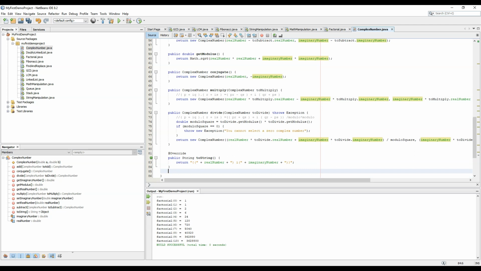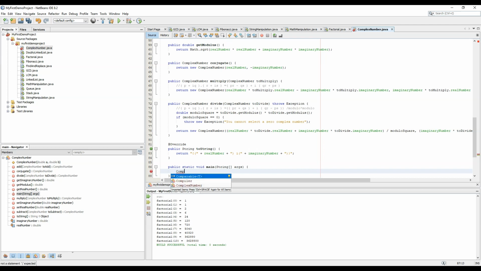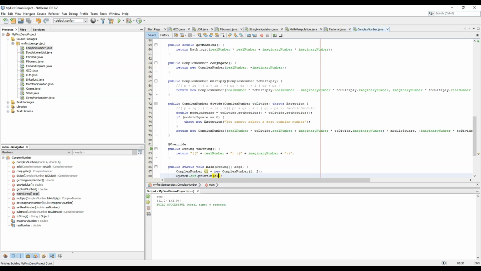Now we just need to create the implementation for this. So let's create the implementation. So public static void main, we have created. So complex number C1 equal to new complex number. Now it would be say 1 plus 2 iota. So we have created 1 plus 2 iota. We can print out and check C1. So let's print out. So it is 1 plus 2 iota. I have not added the plus sign, so now it is 1 plus 2 iota. So now we have 1 plus 2 iota being printed.